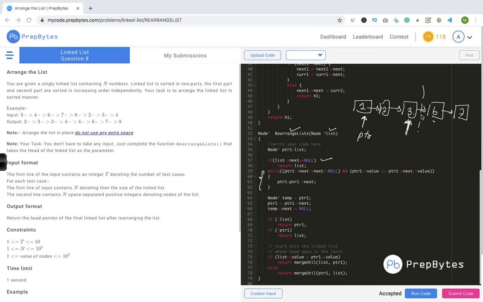So what we do is we put this particular next to null, and we should have someone pointing to this particular node. As you can see here, we first have a temp which is pointing to this particular node. Then we increment our ptr1, so it starts pointing to the first node of the next list, and then we change the temp next to null. It is really important to do these things properly, else you will either get a runtime error or you will lose access to a particular node. Okay, so this is how we have divided them into two parts.